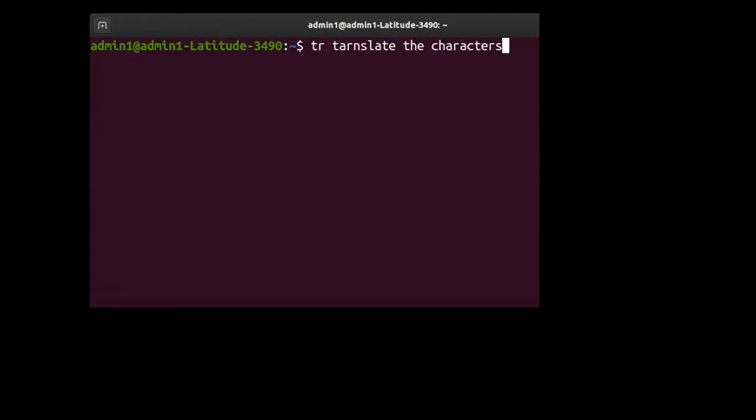Don't go with the spelling. tr stands for translate the characters. Syntax is like this: tr followed by string 1, space, string 2. That's the syntax of the tr command, which stands for translate the characters.